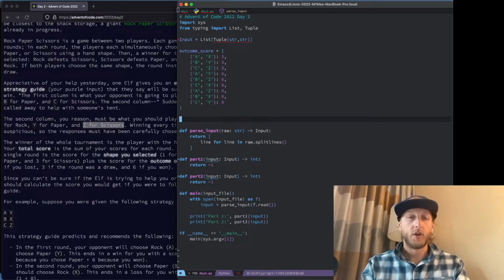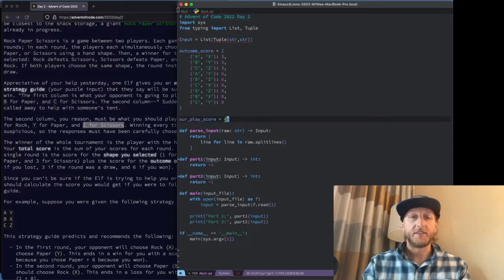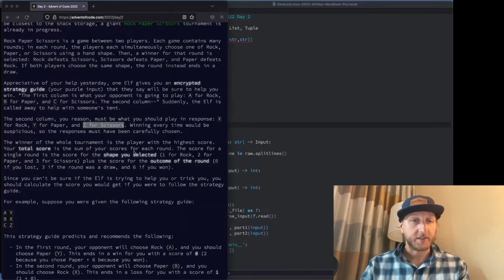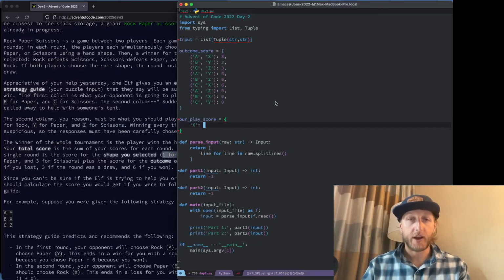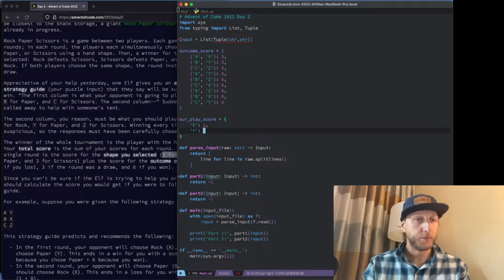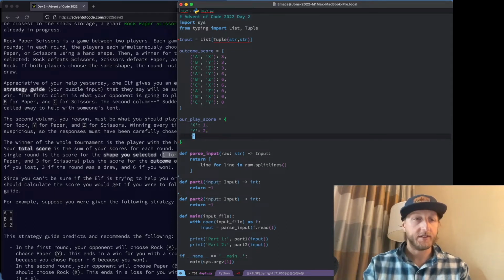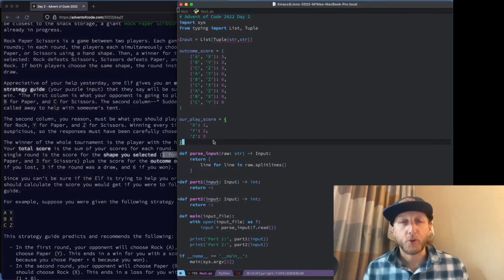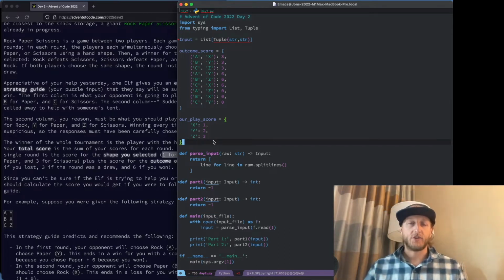Next thing we want to do is make a score map for what we play. So our play score is just going to have 3 entries, X, Y, and Z. They said 1 for rock, so X is 1, and Y is 2 for paper, right? Yep, and Z is 3 for scissors. So from now on, we actually don't have to care about the whole rock, paper, scissors thing. We just have to